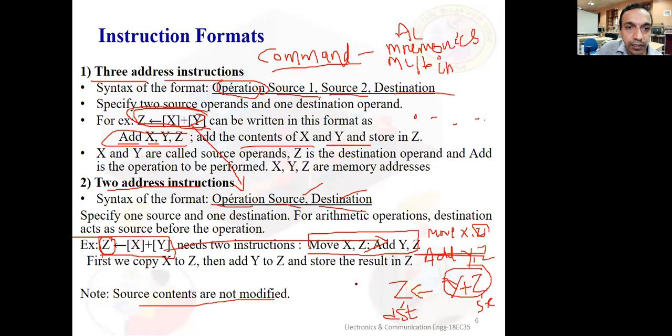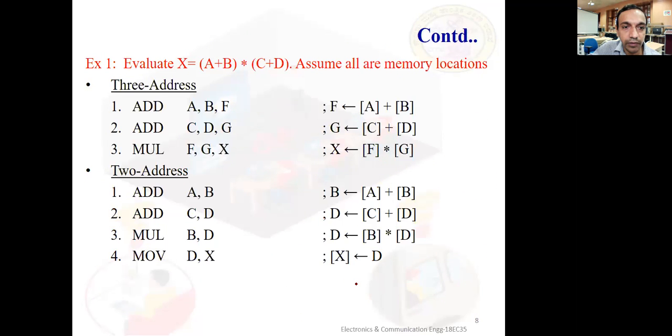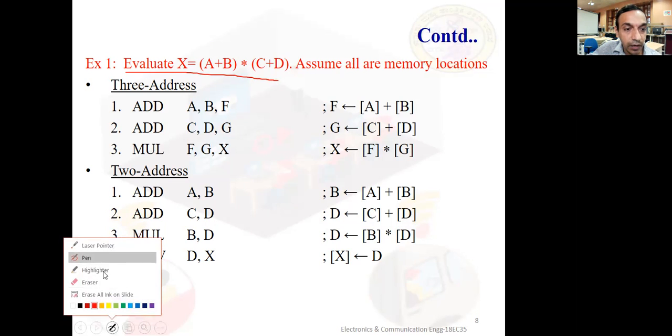Okay. Now let us take one example of writing a simple assembly language program using one address, two address, and three address formats. So we'll try to understand how we can do this. Let us say the question is something like this. This can again be a simple 4 marks question in the exam. To